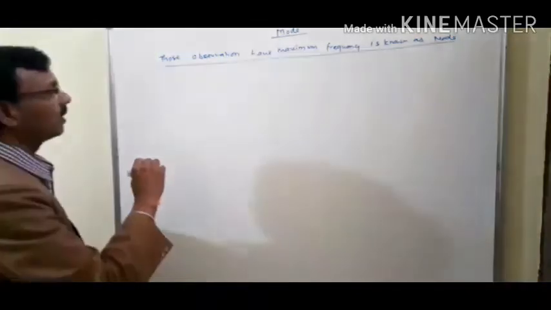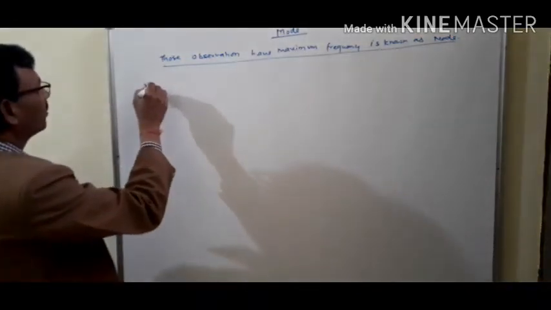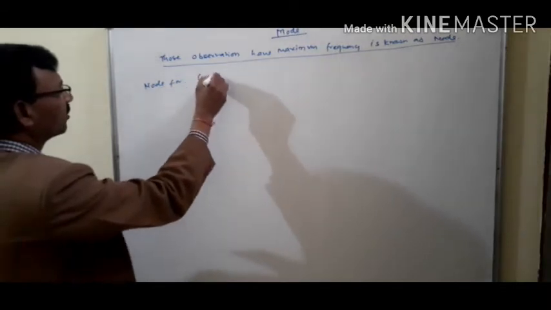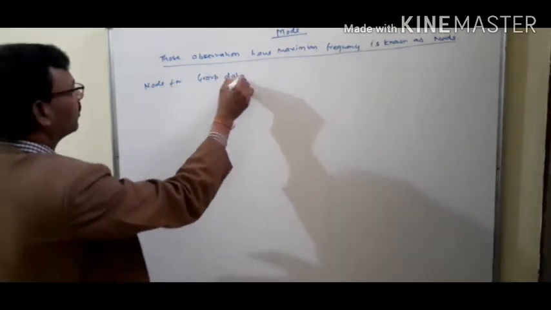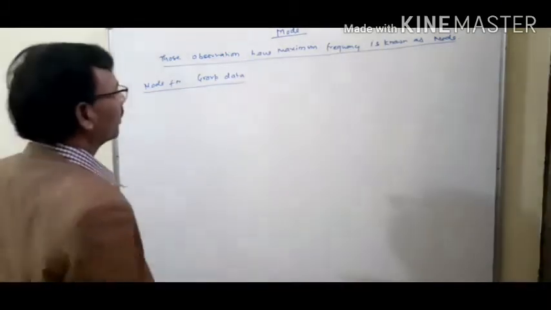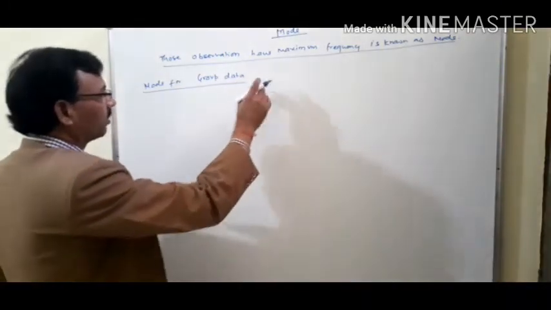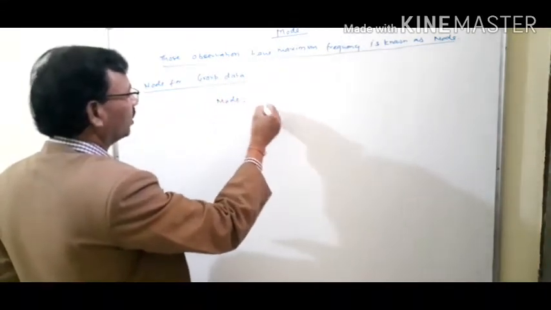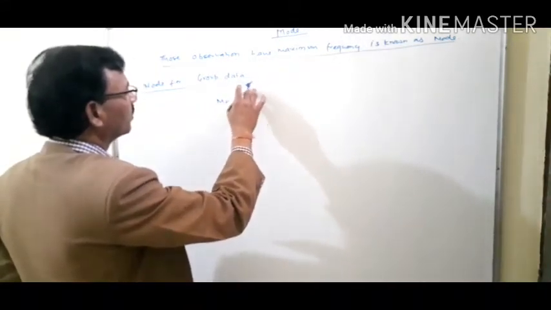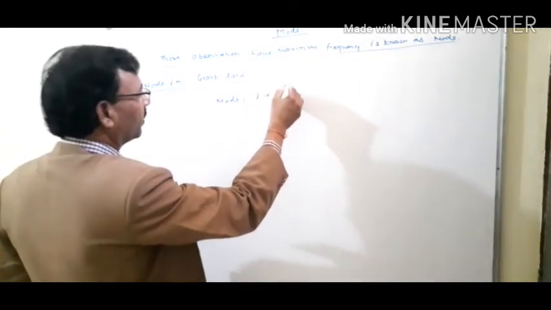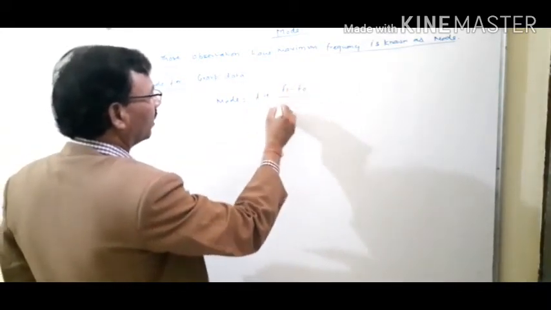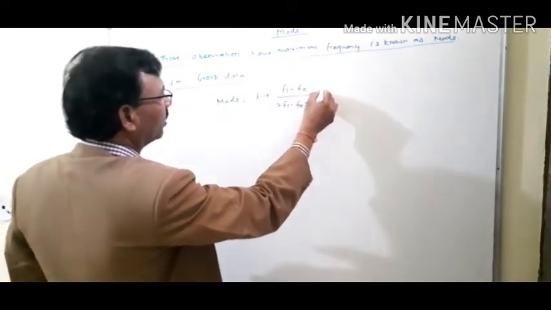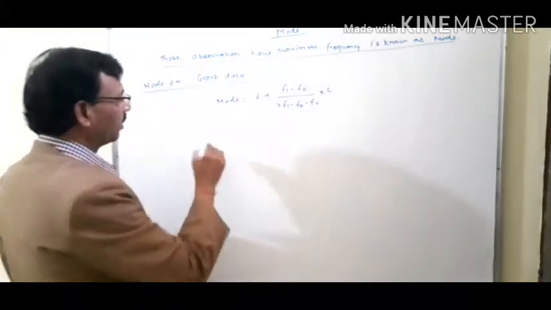But for mode for grouped data, our formula is mode equal to L plus (F1 minus F0) upon (2 F1 minus F0 minus F2) into H, where